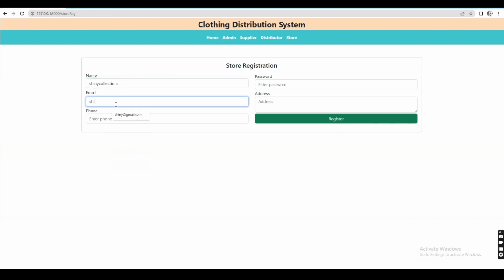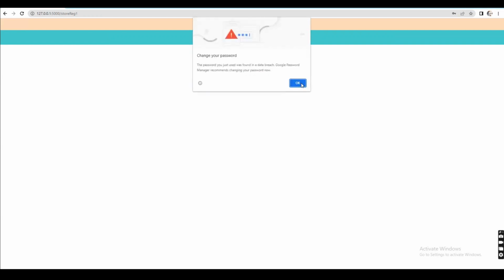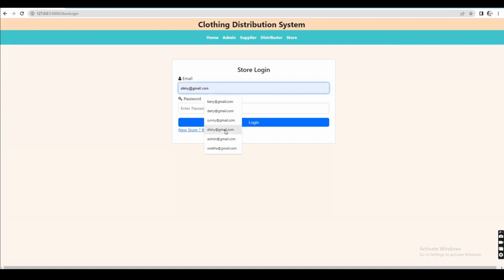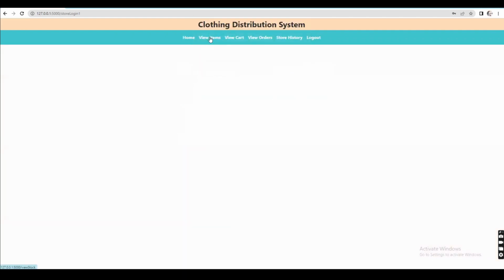email address, password, phone number, and address. Store registered. After registration, the stores will log in into the website with the registered email address and password. Login. This is the homepage for stores, and after entering into the website, the stores can view the items which